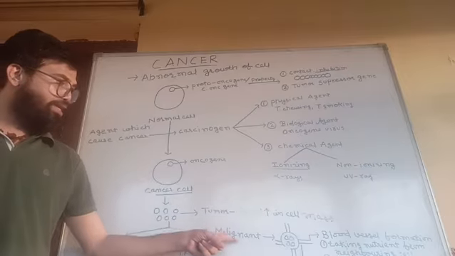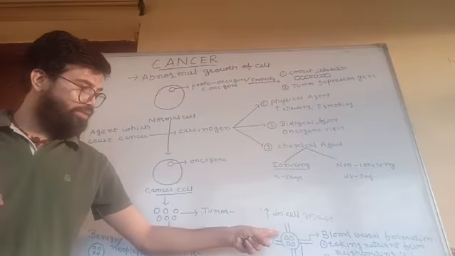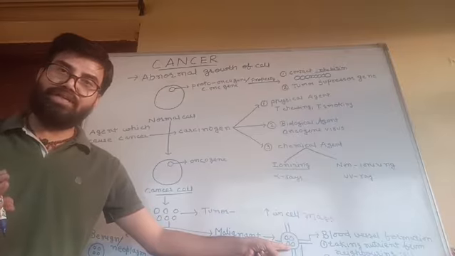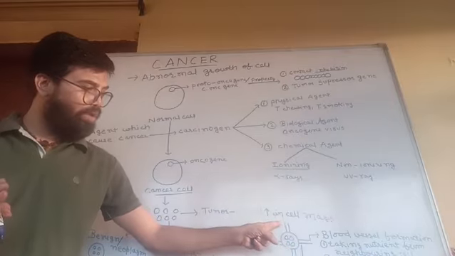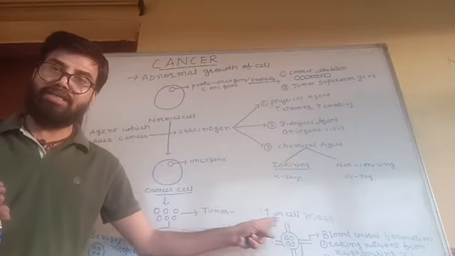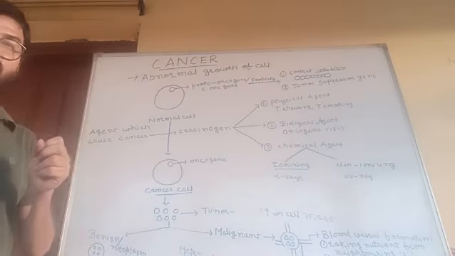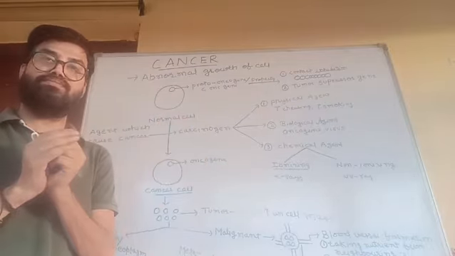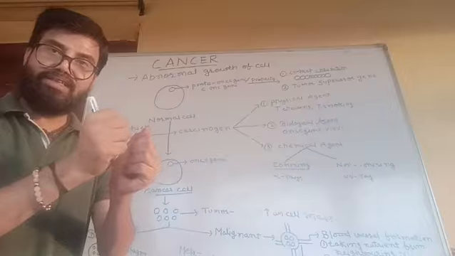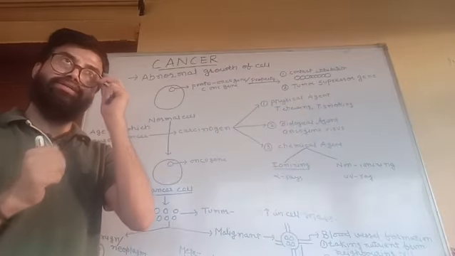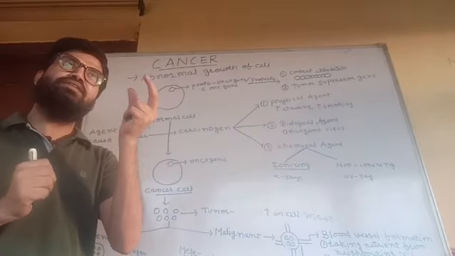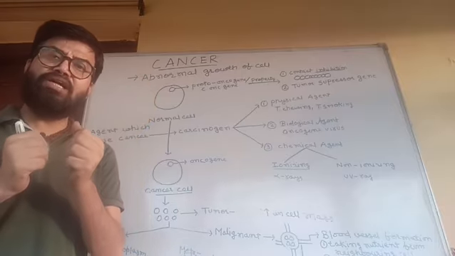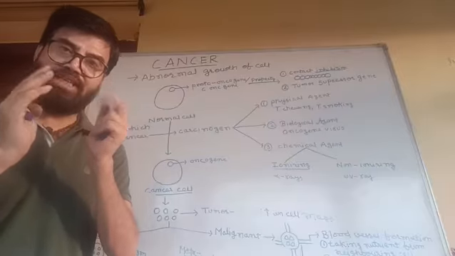Here you can see the malignant tumor: cancerous cells inside the encapsulated structure, but here there will be the formation of blood vessels in the malignant tumor. When there is a formation of blood vessels, it snatches the nutrients of the neighboring cells. Understand? When it snatches the nutrients, the neighboring cells will die due to starvation.